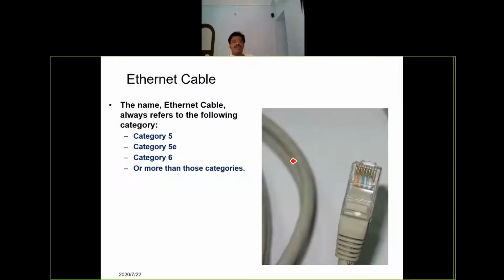This is the cable that I have shown you, category 6 cable. There are 8 conductors. Typically, the 8 conductors are terminated in a jack. This jack is known as the RJ45 type of jack. The cable is inserted inside this particular RJ45 jack, and that's our first practical: how to prepare these type of cables.